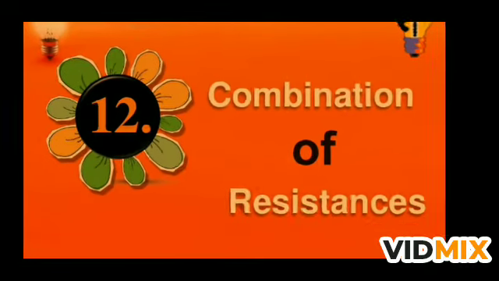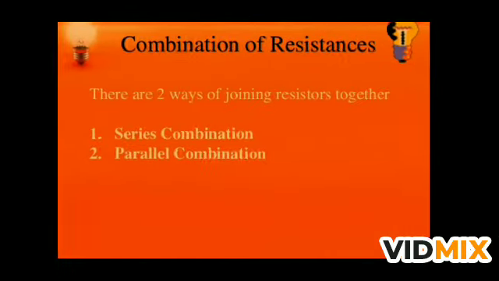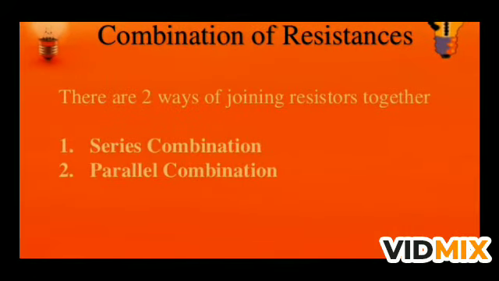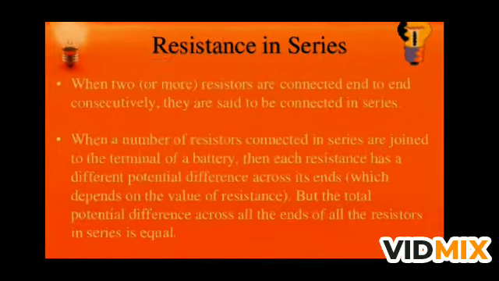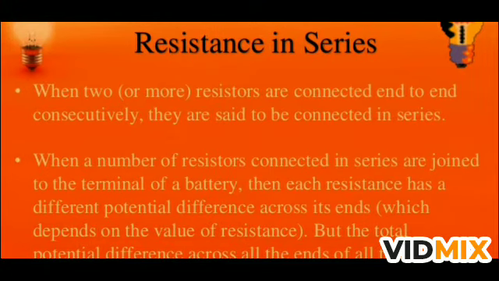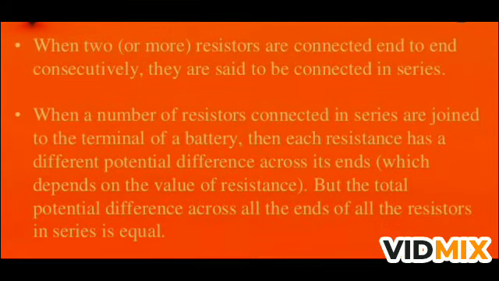Next is combination of resistance. The resistance can be combined in two ways. One is series combination, second one is parallel combination. So what is series resistance? When two or more resistors are connected end to end consecutively, they are said to be connected in series, and when a number of resistors connected in series are joined to the terminal of the battery,